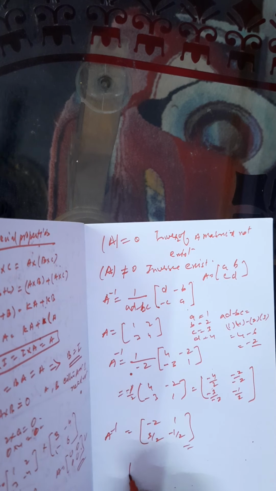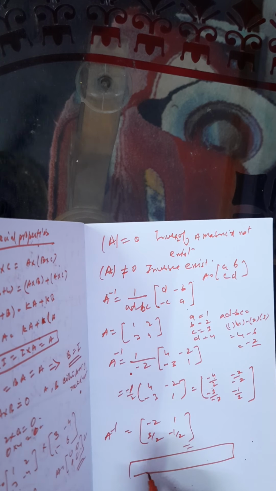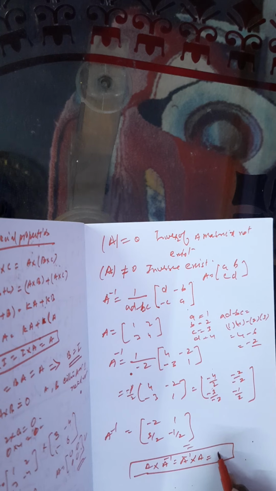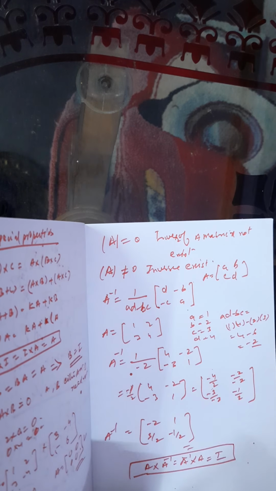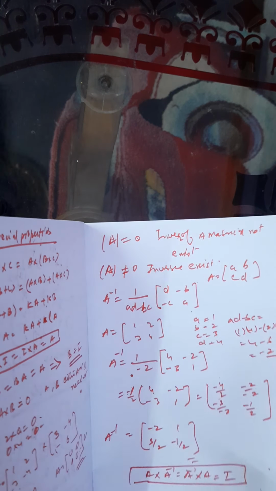And we always know one special property: a matrix and its inverse multiplied always give the identity matrix. If you multiply a matrix and its inverse, you will get identity. Here a square matrix is there, so you will get the identity 1 0 0 1. Let's multiply and check the results. Take these matrices and check the result with the same matrices A and B.